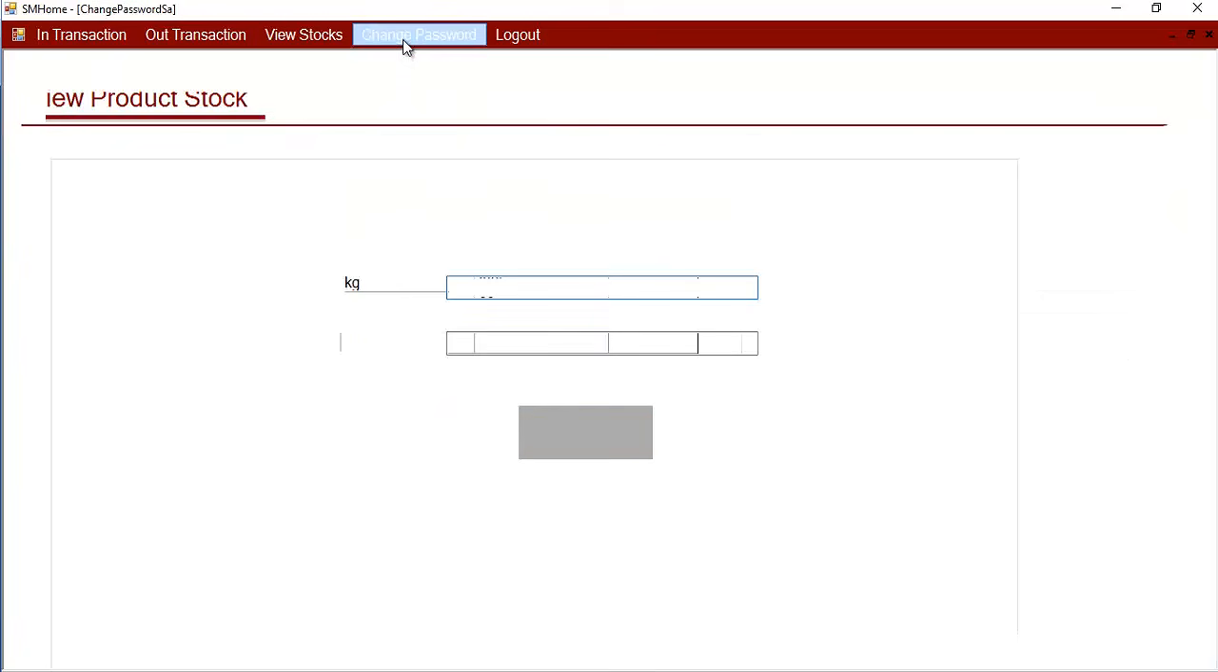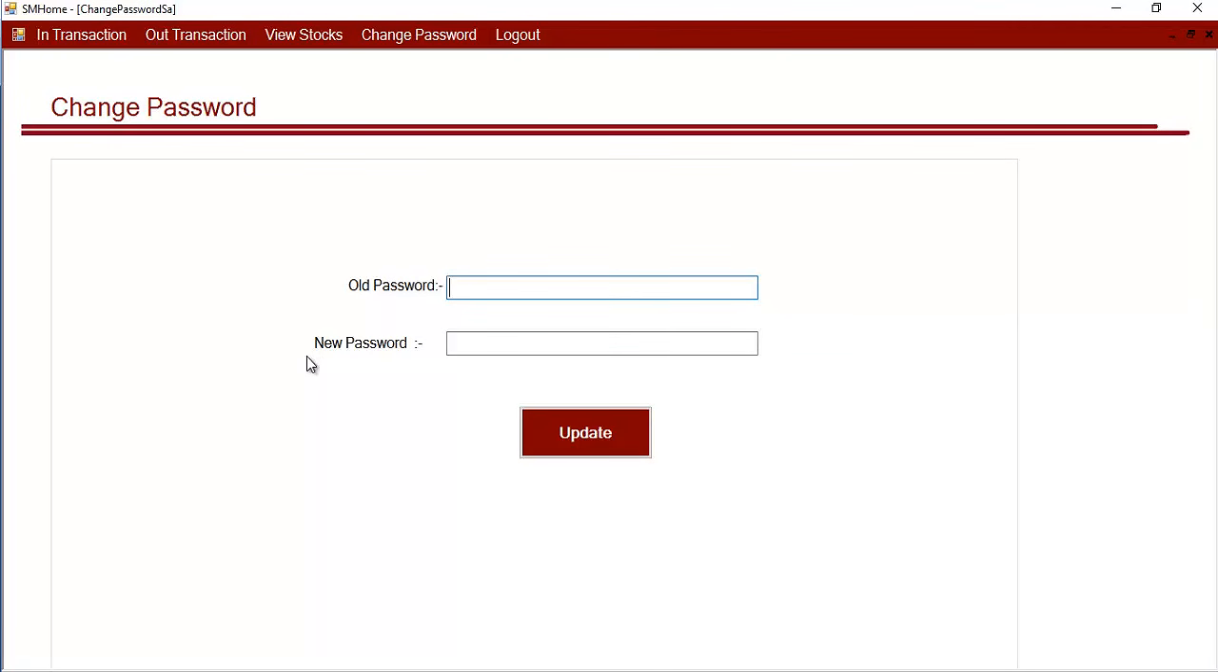Let's see the next module, that is the change password. Over here you must specify the correct old password as well as the new password. If it is correct, you can update the password,